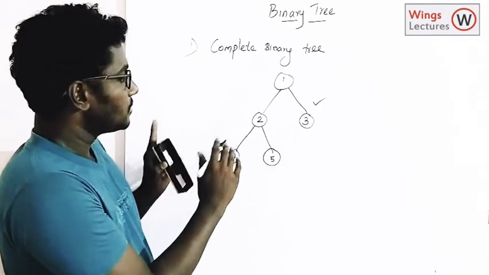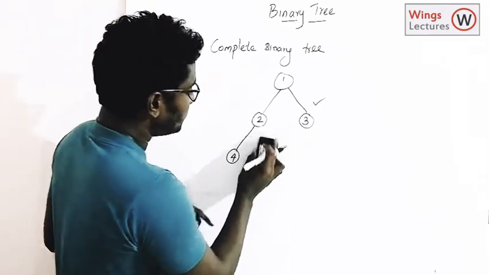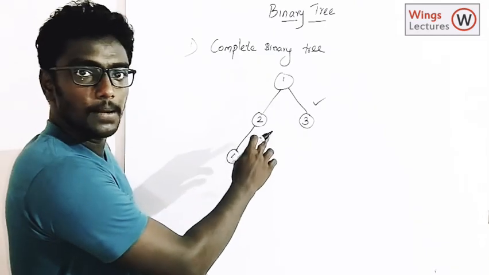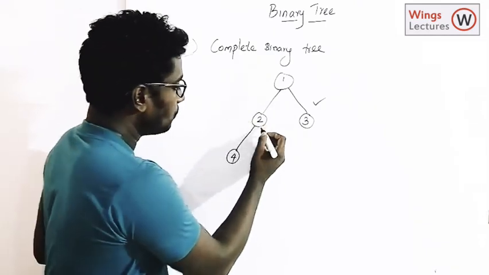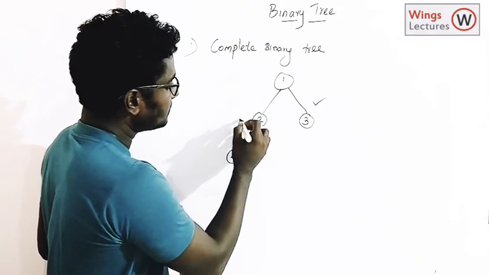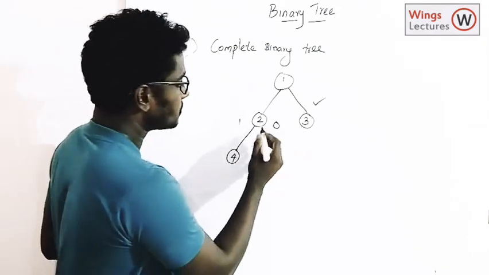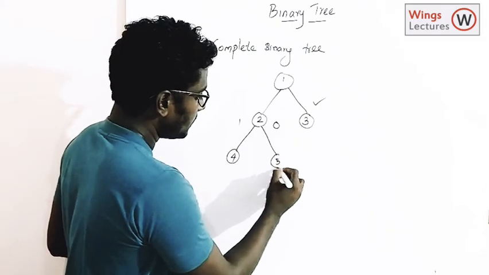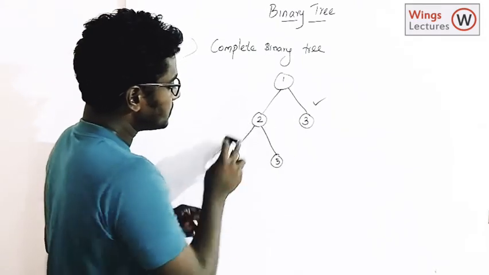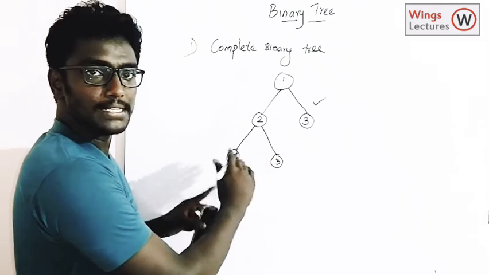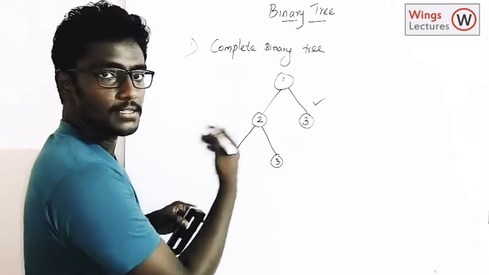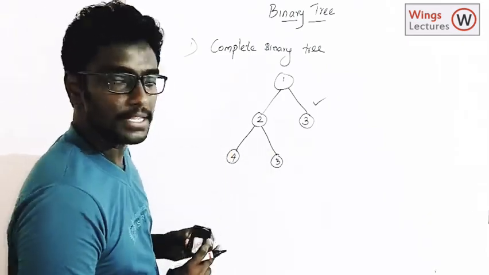binary tree. At this juncture it's not a complete binary tree, because it's not balanced. Here it has one subtree but the right subtree is 0, so it's not balanced. If we had a child like this, it's a balanced tree. So we can call this one a complete binary tree.